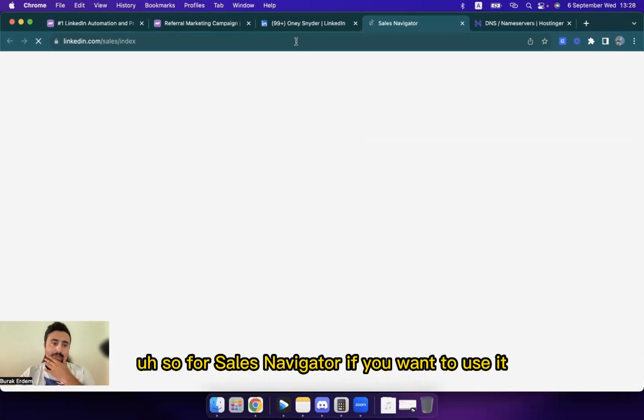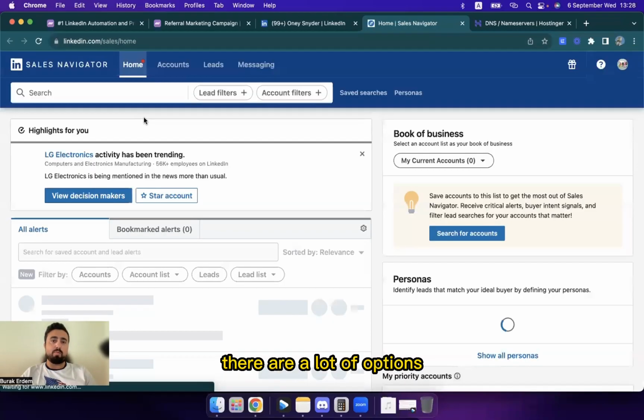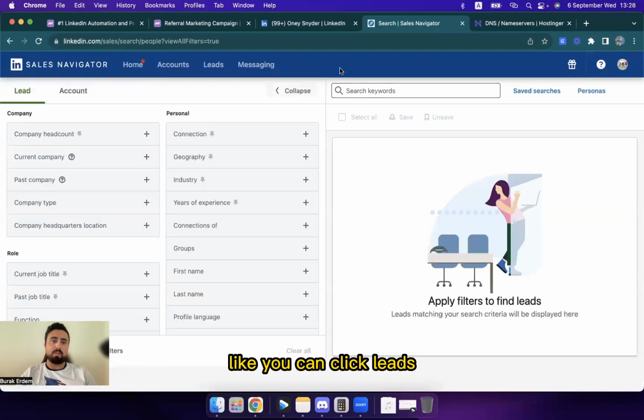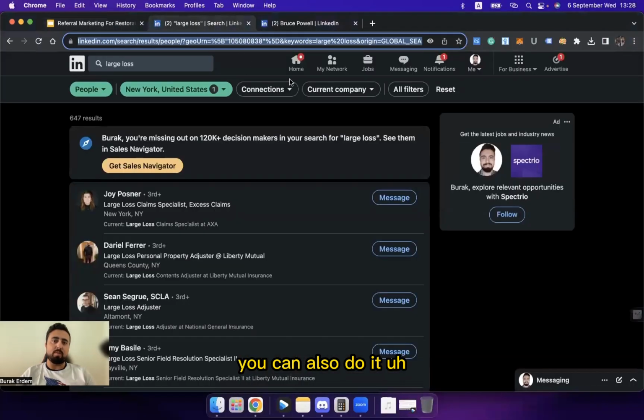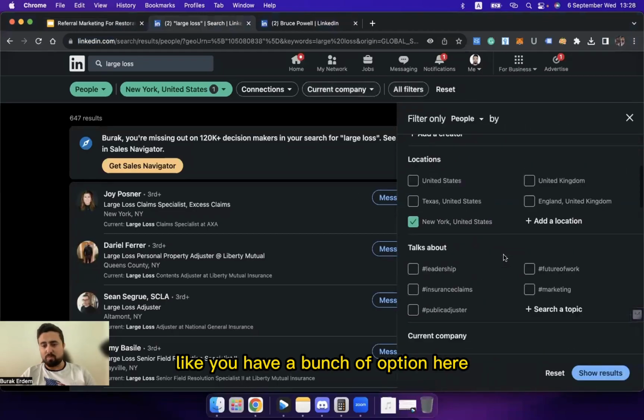So for Sales Navigator, if you want to use it, there are a lot of options. You can click leads search, and then as you can see, industry. You can also do it on the free version. You have a bunch of options here.